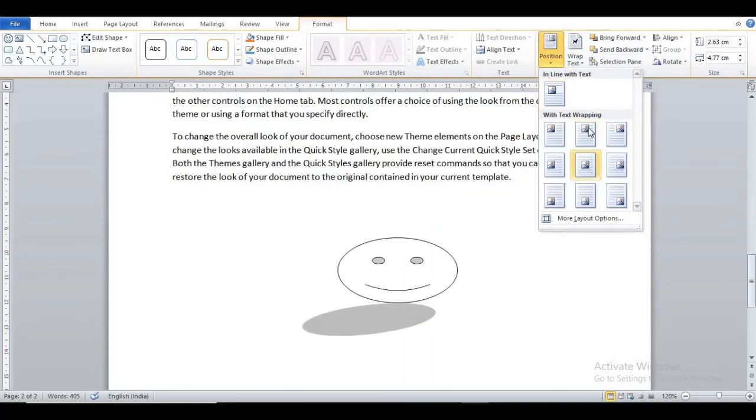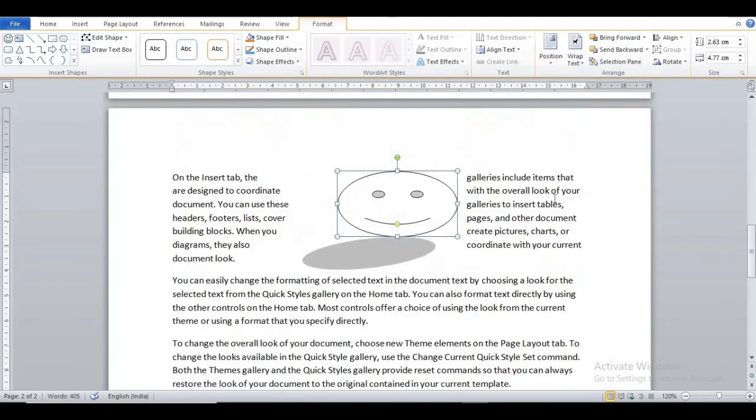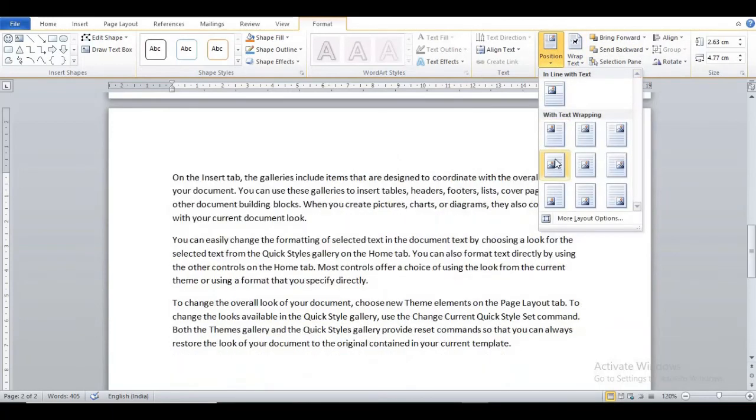Now suppose I click on position in top center with square text wrapping. So you can see here our image is in the top position in our page. Suppose I click on this option, position in the middle left with square text wrapping.